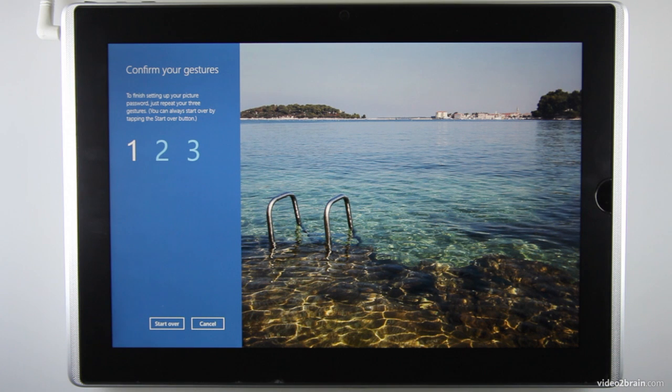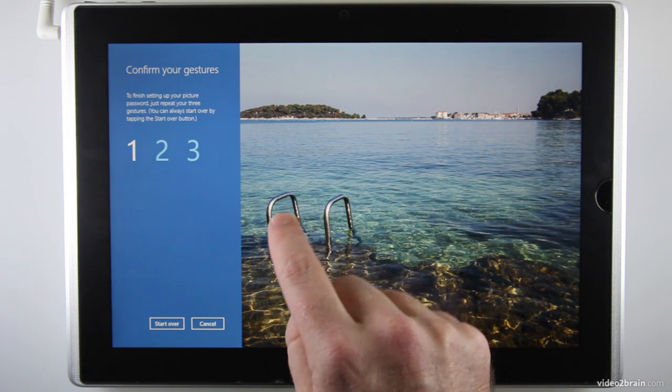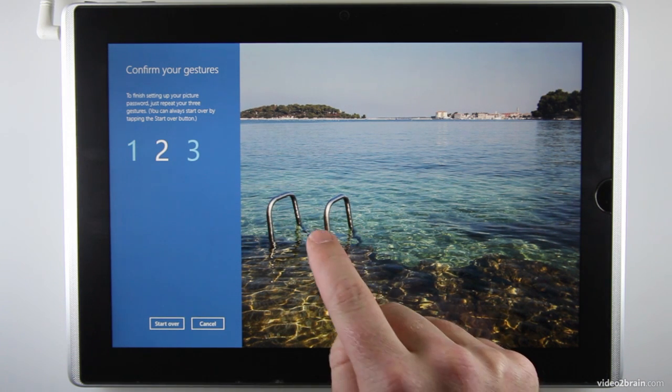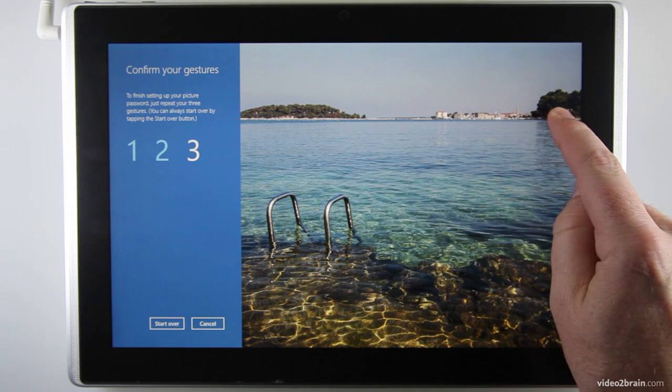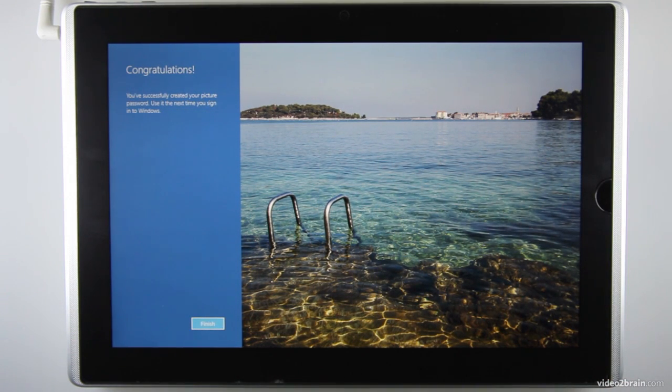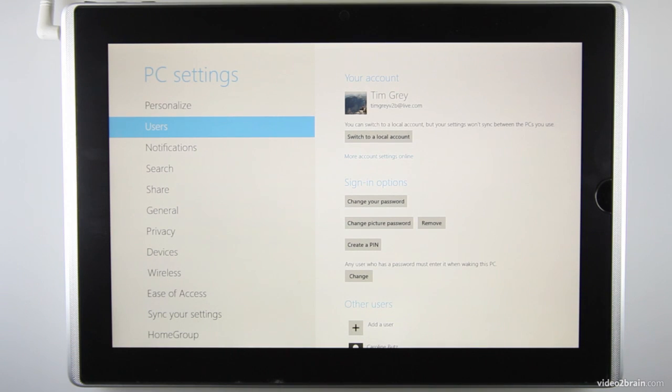And now I need to confirm those gestures. So once again, starting with the first gesture, a counterclockwise circle over the ladder, followed by a line out into the water, followed by a line across the entire horizon. And since my gestures were a close enough match, I've successfully created that picture password. I'll go ahead and tap the Finish button, and that takes me back to my user settings,